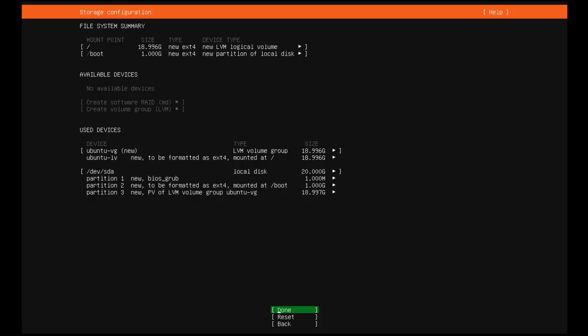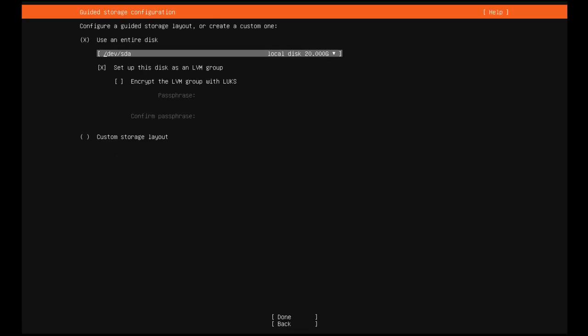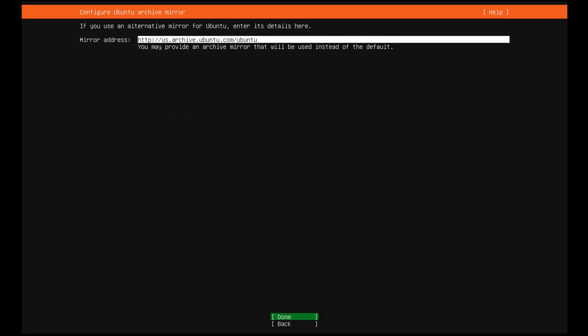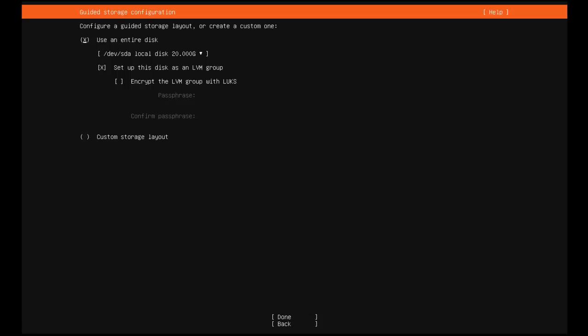And this is the file system summary. Let's go ahead and hit done. Now, I get this question all the time as far as how to go back and forth on the installer, and all you have to do is use the arrow key, cycle down to back, and hit enter, and it will take you back. Hit the tab key, cycle down, hit enter, and it takes you back. So now we're going to cycle forward again. We'll hit done over here, hit the tab key, cycle down, cycle back up, make sure the done is selected,